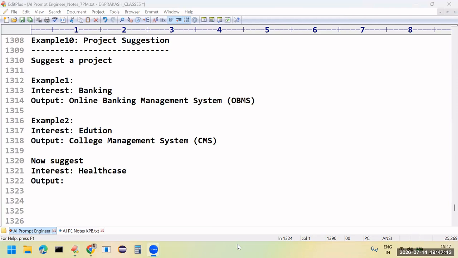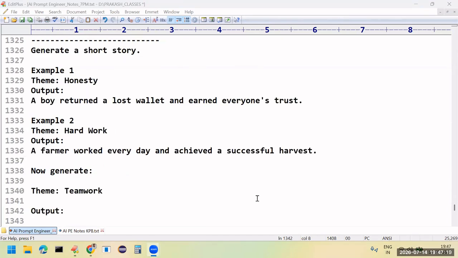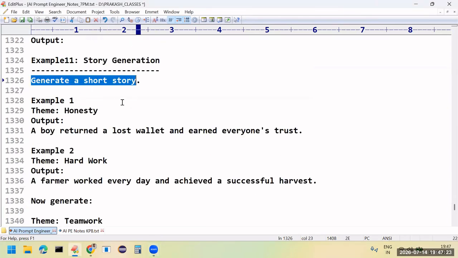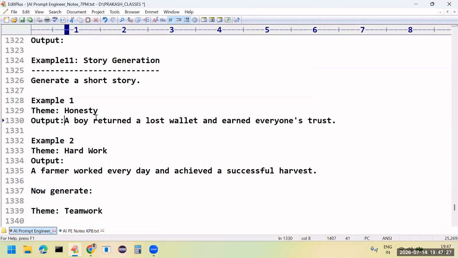The next example is a different strategy. Please observe, sir: story generation. Generate a short story. What is the theme? Honesty. Output: a boy returned a lost wallet and earned everyone's trust.